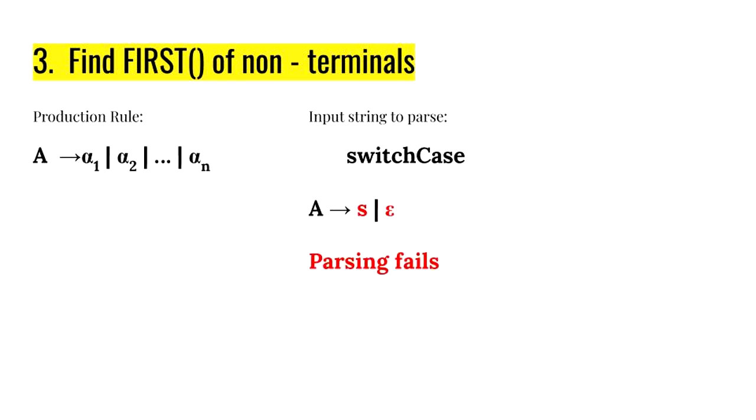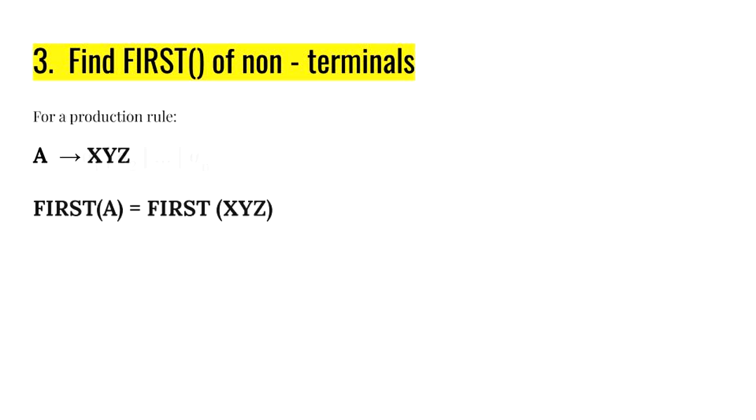you will see that the production rule will only pass one input symbol, that is S, and after that the parsing will fail because there is no production rule that can be used to parse the complete string. Now you can see that it is very easy to parse a string because the production rule contains only terminals. So we have to give the parser a set of terminals that it can use to identify production rules to parse a given input string.